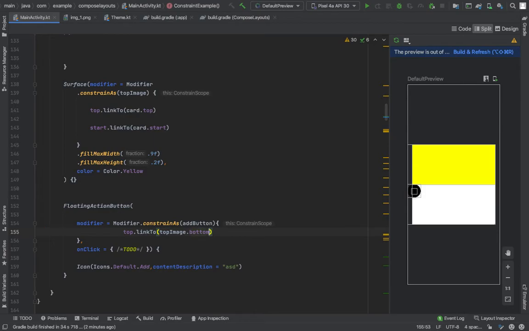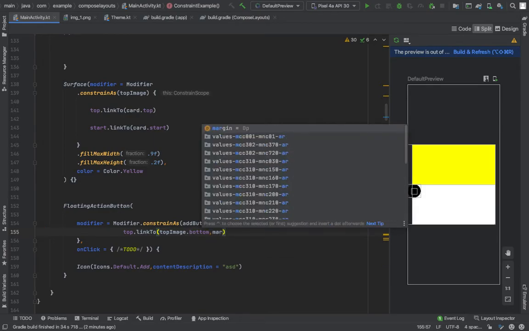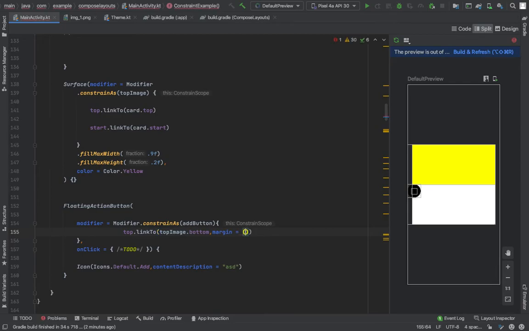So for overlapping effect we can assign margin in negative values, because when we create constraints in Android we also have an option to assign margins with respect to that constraint. So we also have this option in Compose. We can assign margins with respect to our constraint.